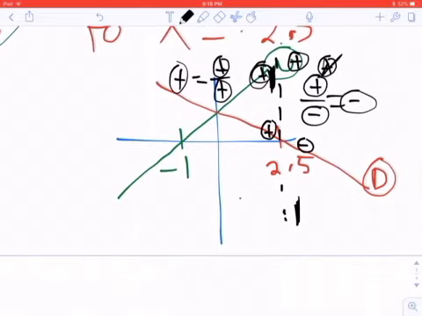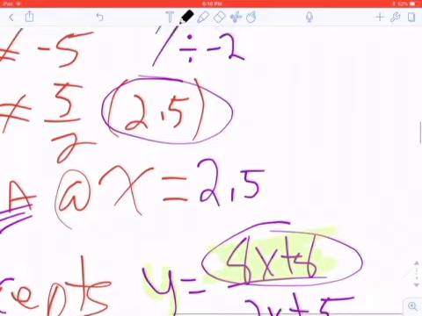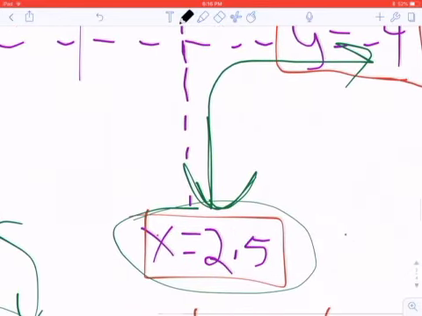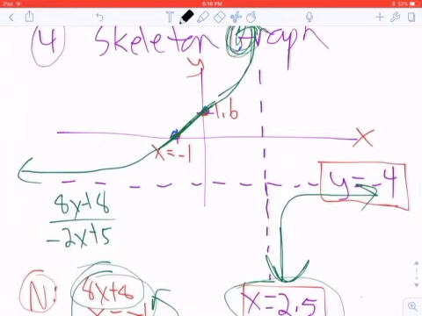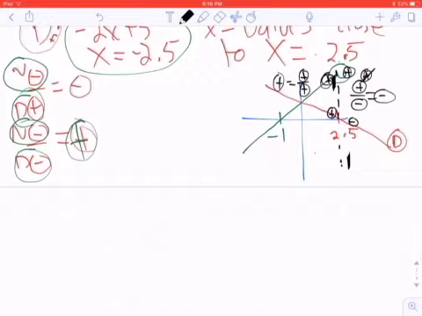So let's take a look and see if that's the case. Oh, whoops. Our graph is right here. On the left side, it's supposed to be positive. It is. On the right side, it's supposed to be negative. It is. All right, folks. So that was